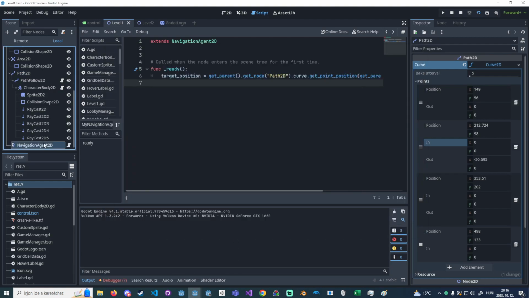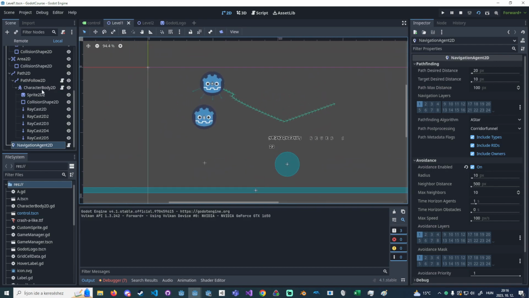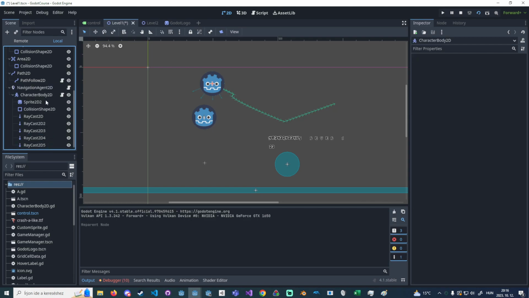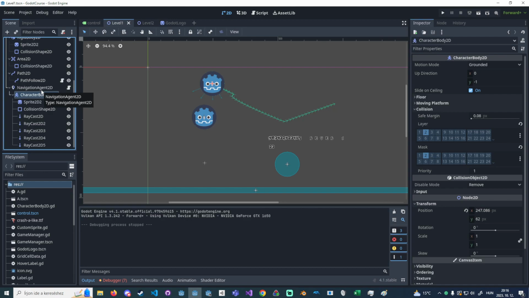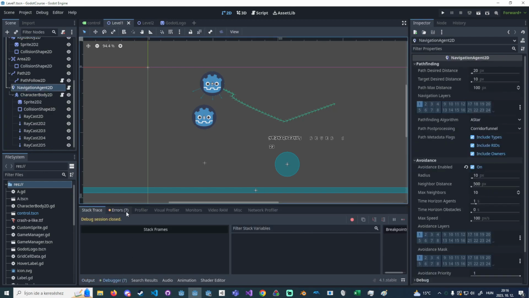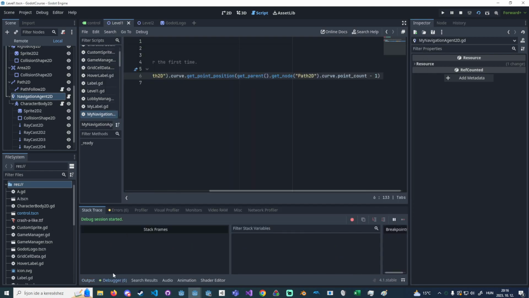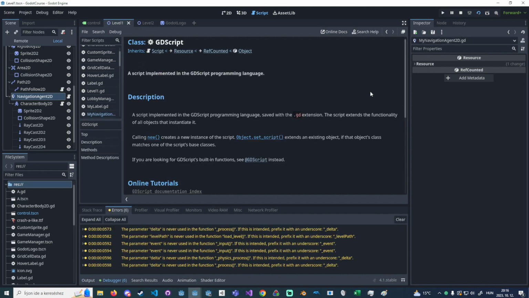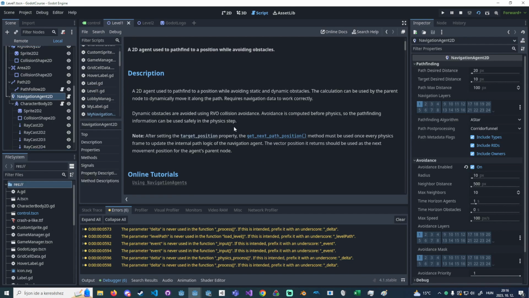Oh, and yeah, we won't know because navigation agent doesn't have a visual thing assigned. So we can just add the player probably. But I'm not sure if we'll be able, yeah, we should be able to see any motion. Oh yeah, point count minus 1, sorry. Okay, now we get no errors. However, we are still not doing the pathfinding